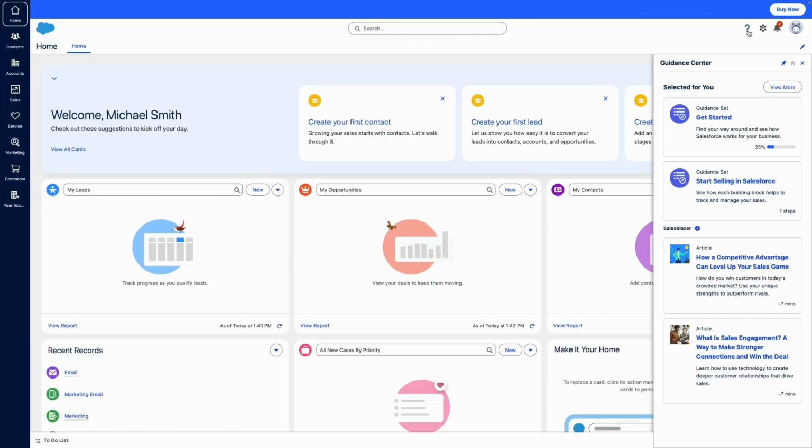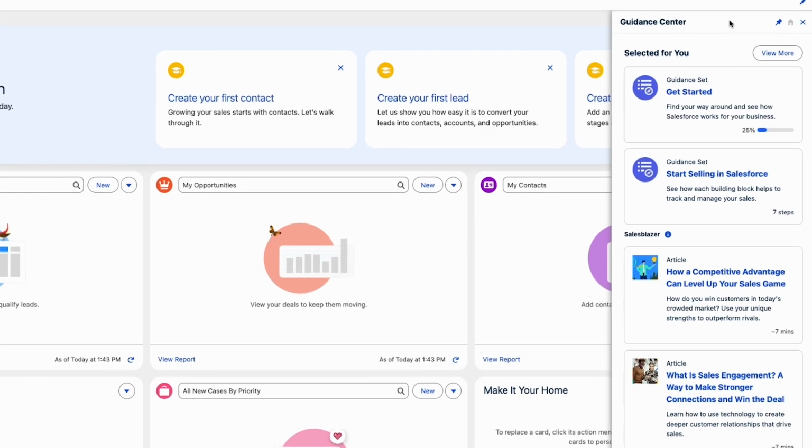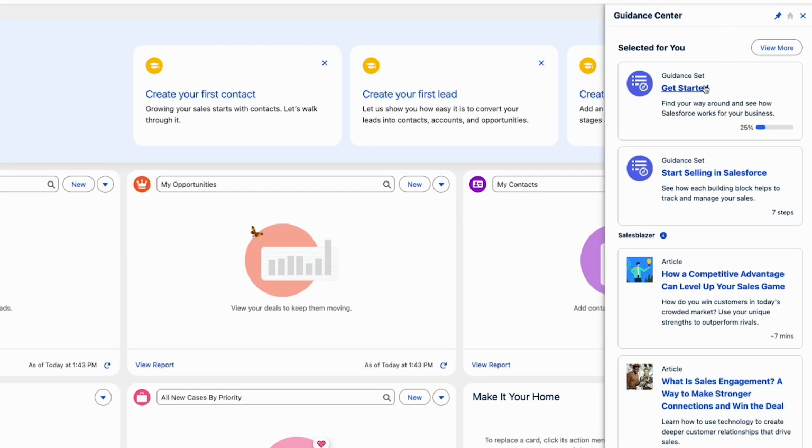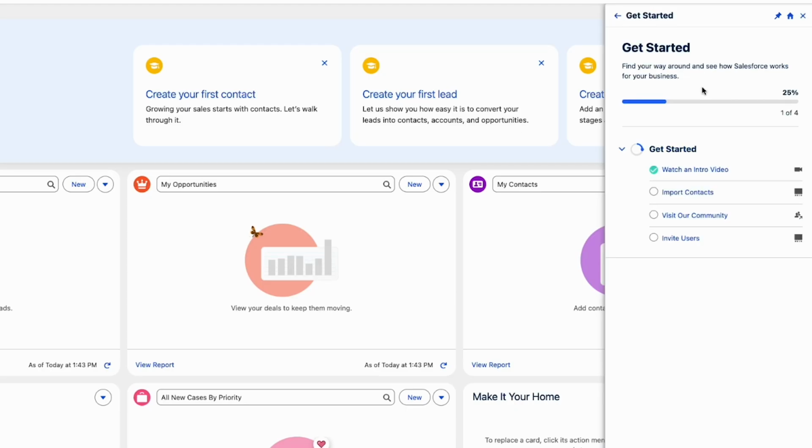All right, so tip number 1, follow the guides. Look, Starter Suite is designed with new users in mind. So it's got step-by-step guidance built right into it to help you learn your way around Salesforce and actually start using it quickly. And if you haven't already done it, I recommend checking out the Get Started module in our